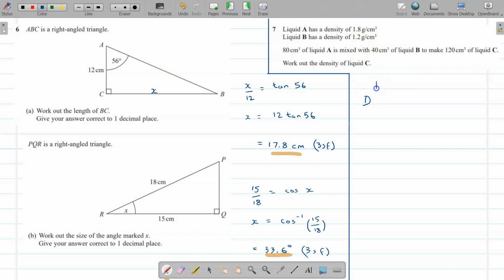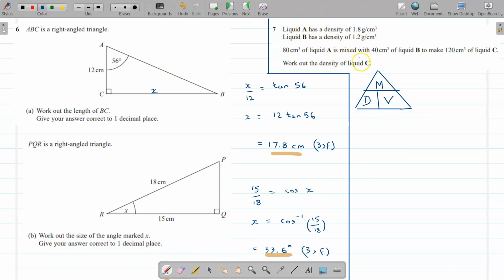Density is mass divided by volume. Okay, you usually see that in a little triangle. Same sort of thing we use for speed, distance and time. Okay, and there it is. So that's that, and then we separate it out like that. Okay, so density is mass divided by volume, and what we've got to do here is work out the density